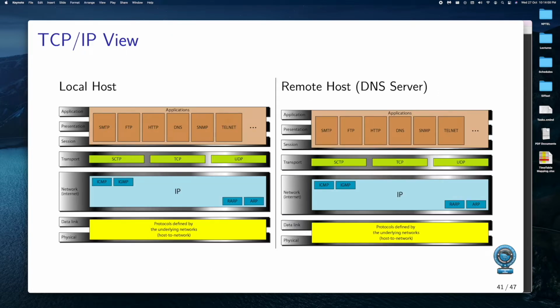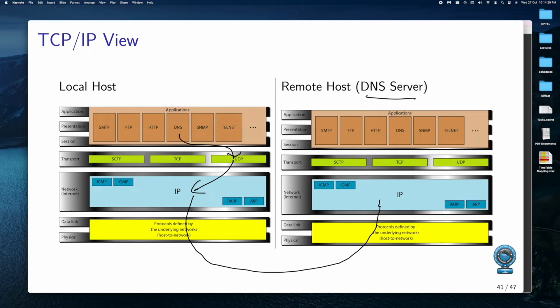And from the TCP IP point of view, all those queries and responses happen through the TCP IP stack. For example, on our local host, we can see that DNS is sitting here, and DNS uses UDP, UDP uses IP, and then from IP it will go to the IP address of the DNS server.